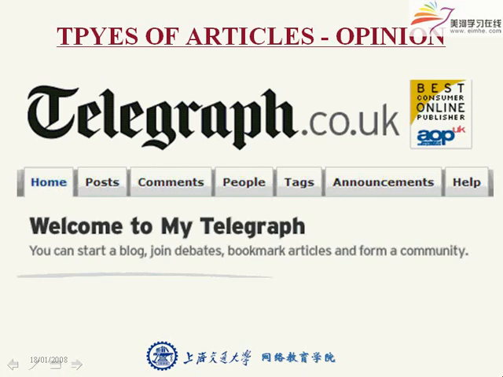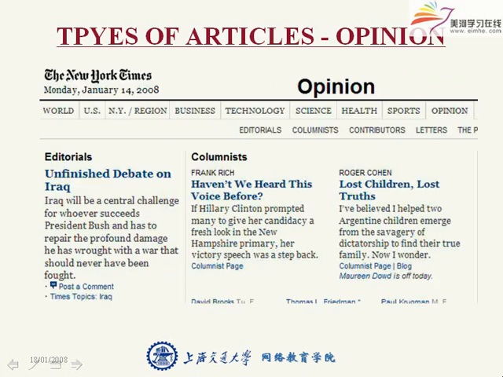And here you have the sections: editorials, columnists, and letters, and this is where the readers express their opinion, where the readers can write to the newspaper. Okay. Again, that is opinion. Here you have some more opinion from the Los Angeles Times. Editorials open at letters. Right, and then we have the actual news article, but before we talk about this,